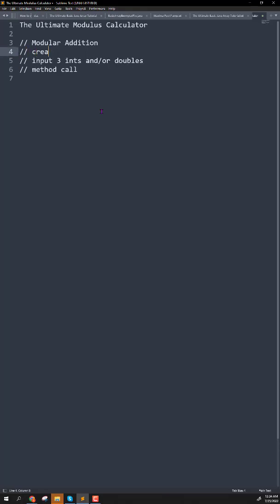Let's create an instance of the calculator. All right, so get our integers or doubles, call the method, print the results,